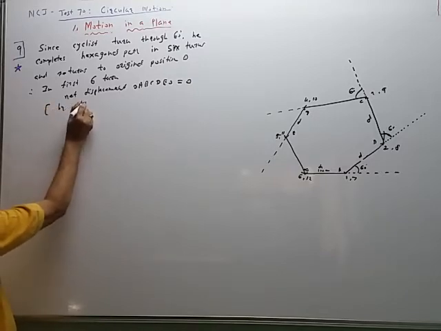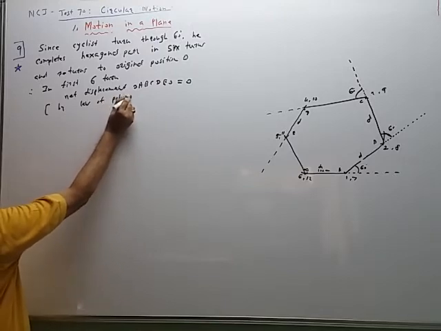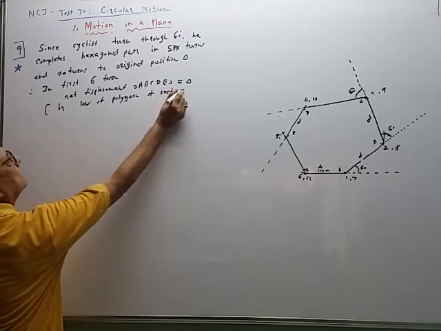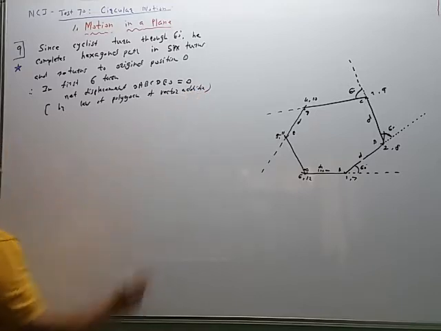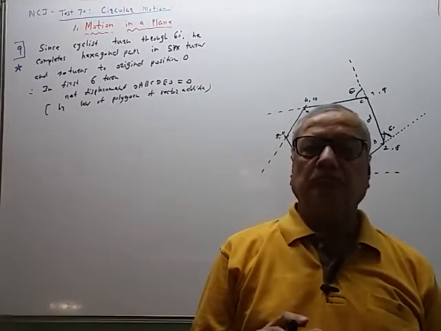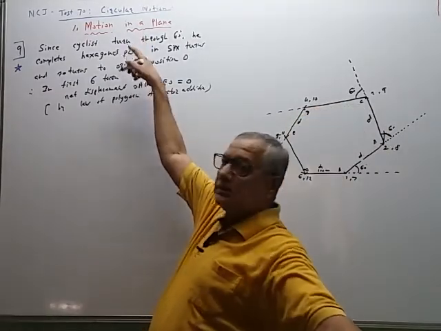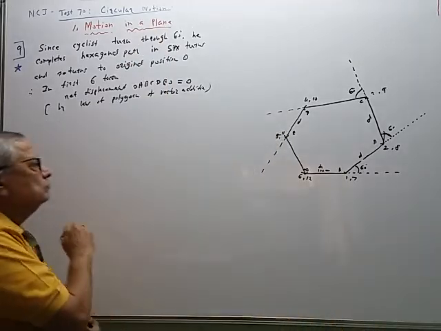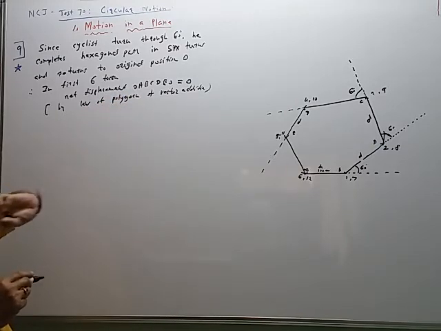by law of polygon of vector addition. डायरेक्ट लॉ ऑफ पॉलिगॉन यूज केला तरी चालेल. प्रॉब्लेममध्ये सर्क्युलर मोशनचा काही संबंध नाही आहे. पण आपण 11चा जो मोशन इन ए प्लेन चॅप्टर बघितलं होतं त्याच्यामध्ये लिनियर मोशनची प्रॉपर्टी आणि वेक्टरची प्रॉपर्टी आपल्याला कंबाईन करावी लागेल. सो नेट डिस्प्लेसमेंट O, A, B, C, D, E, O is equal to 0.